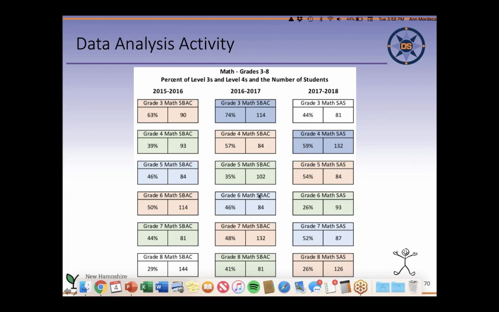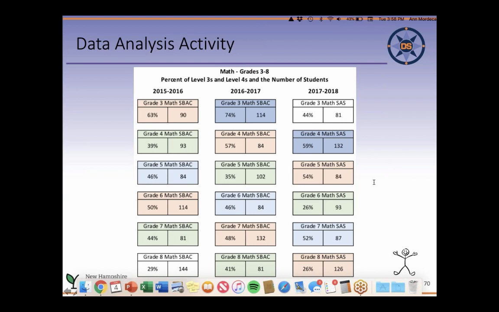Someone else wrote that fourth grade math, so this group of students, they went from 39% to 35% to 26%. Yeah, that's pretty low. Significant, I guess. Yep, so that is low. So here's a group that was a fourth grade group. Then they went to fifth grade and they went to sixth grade, and their math is low and increasingly lower. So who knows why that is, but we would want to just look at the data for a minute.